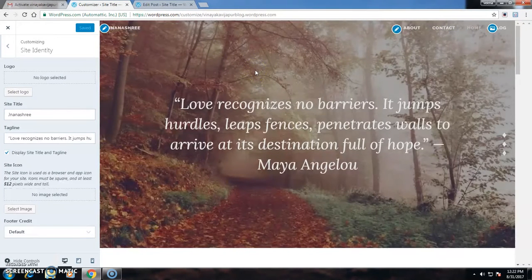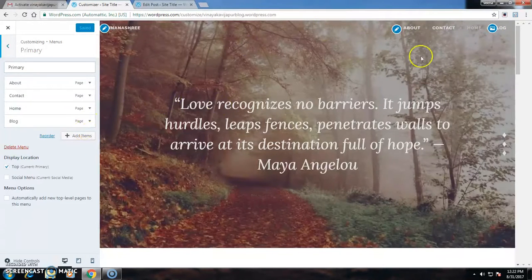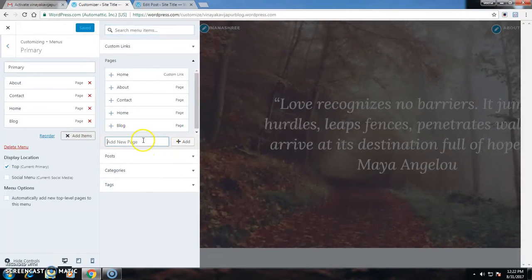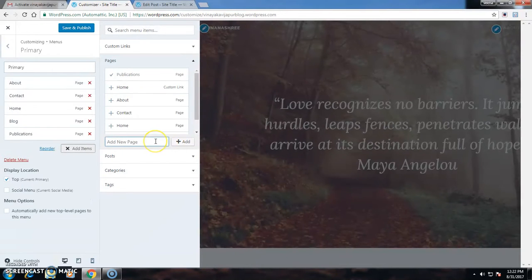Again, on the right side of the screen, I can see about, contact, home, and blog. If I want to edit that, I can also edit About, and I can also add some more blocks on the title, like publications, and other fields also, like research activity.